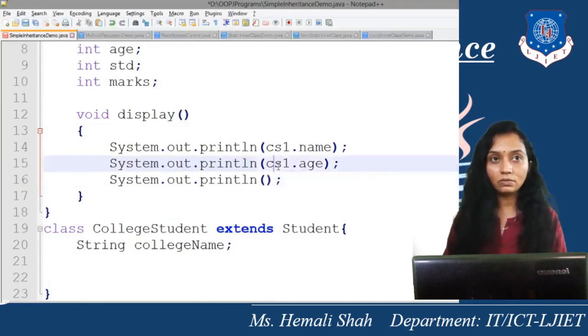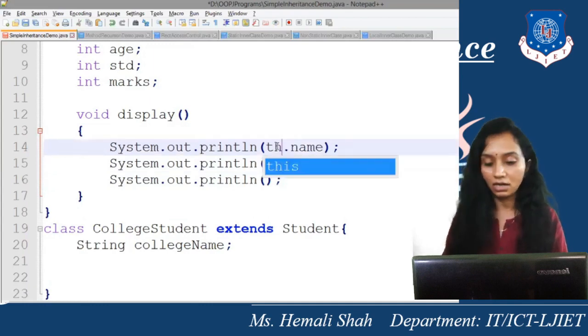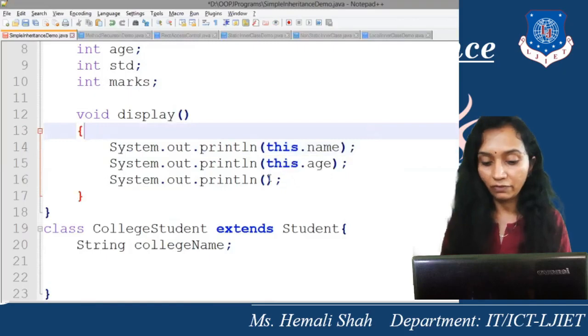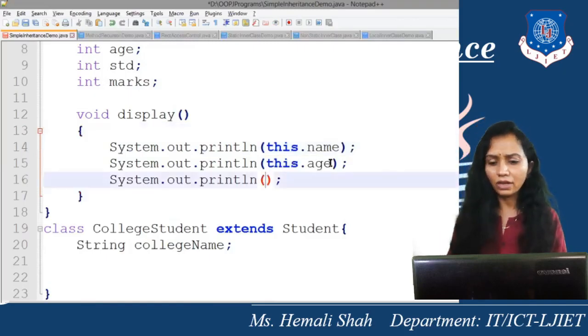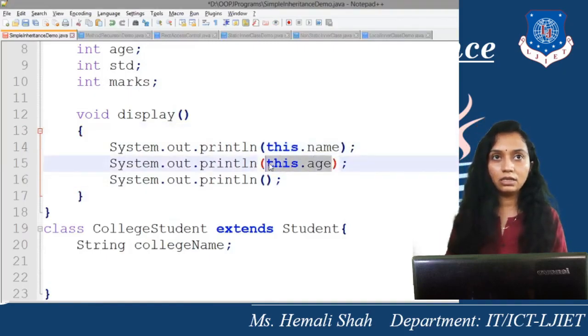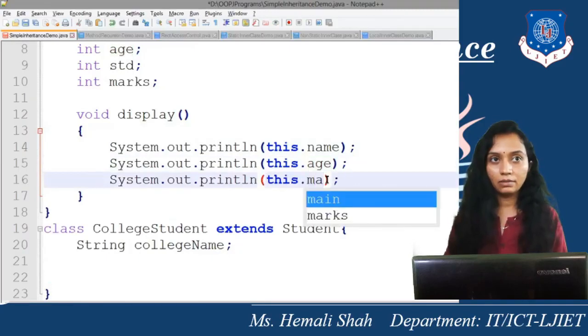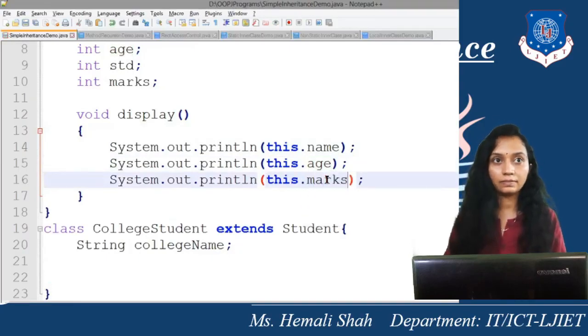Instead of cs1, you just need to use only the property name, or you can use the this current object, because cs1 is a local reference in main. Here you can also print this.marks and other things, right?